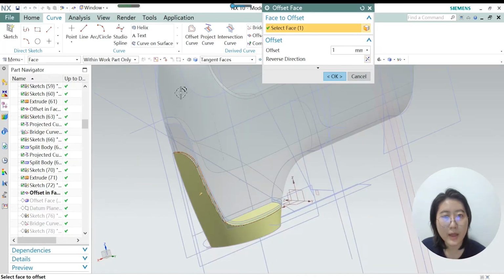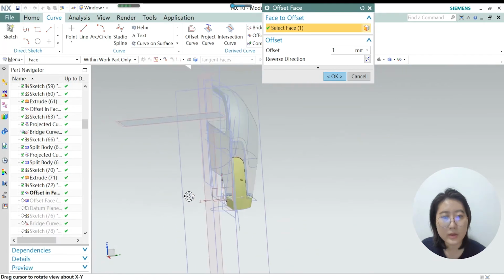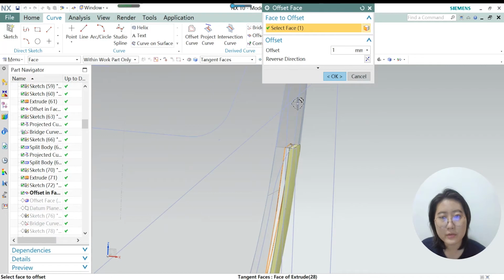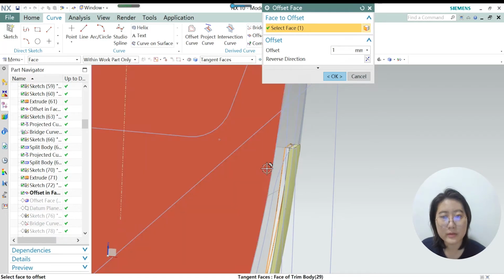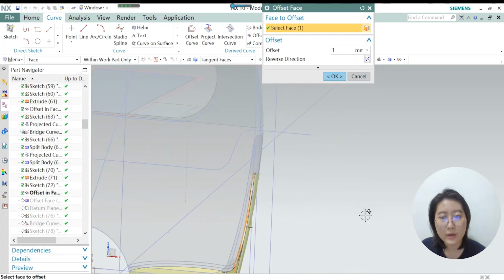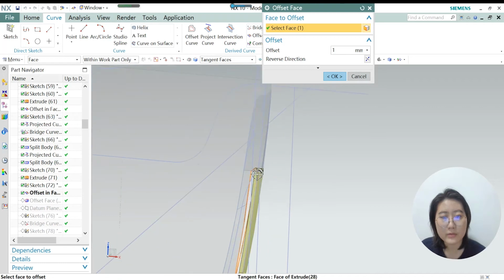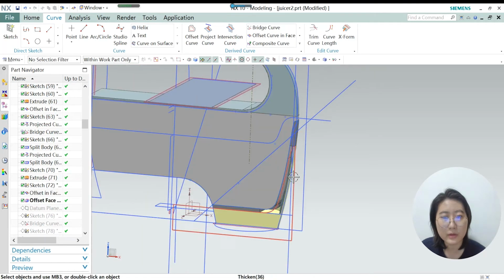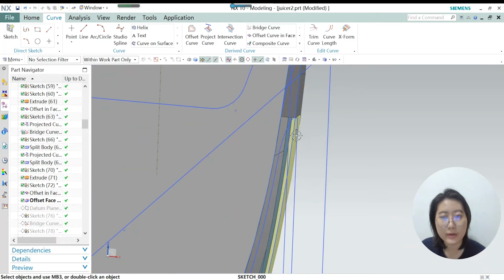Going to the next step. In this step, I do offset face. Notice this is not offset surface, it's offset face. I need to create more space in here. So I offset just 1 millimeter to the outside direction, kind of removing material from this block, this piece. So you're going to get more gap here. So next,